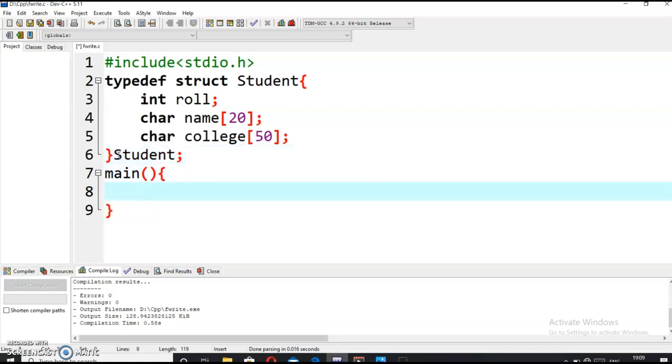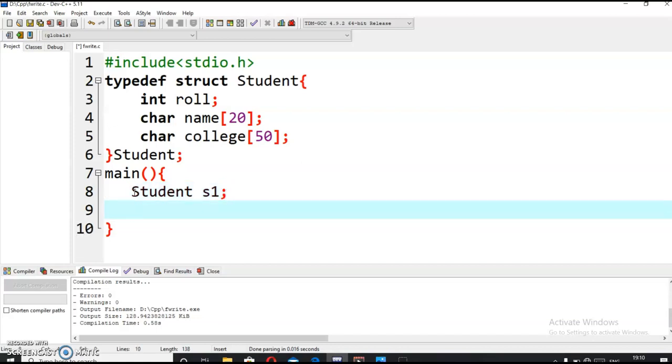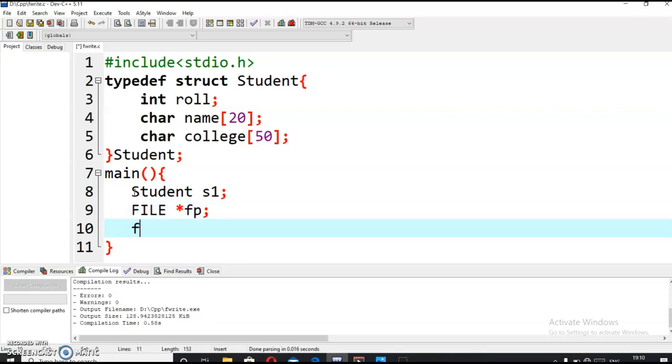Okay. Now what I will do is create an object of this student, s1, and I will be opening the file. For that purpose I will need a file data type pointer, fp, like this, and I will open the file in the read binary mode. Oh sorry, I am writing, so I will be opening it in the write binary mode. So I am opening the file in the write binary mode, and here I will be providing